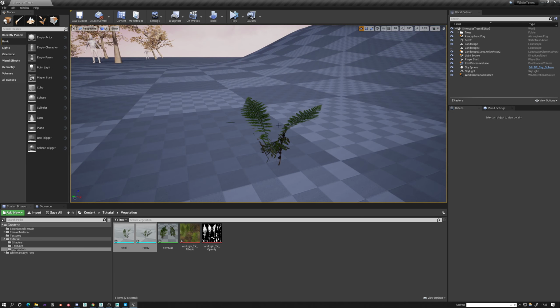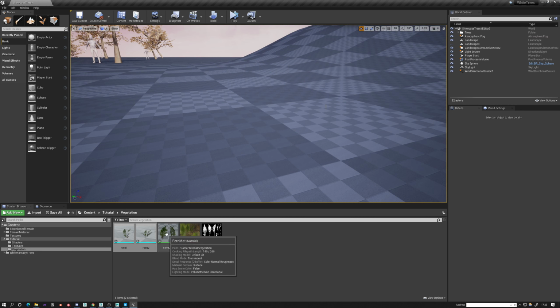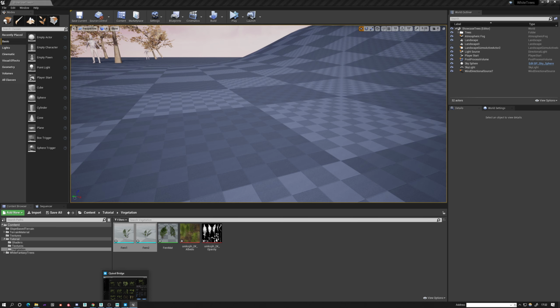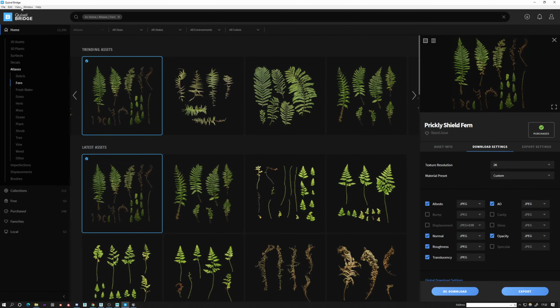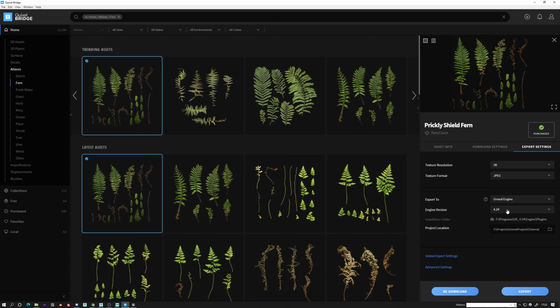So I'm going to delete this one from here. Delete. And we're going to use the material which was created actually for us, and is going to be actually created later from Bridge. And I only need to do is to change this to